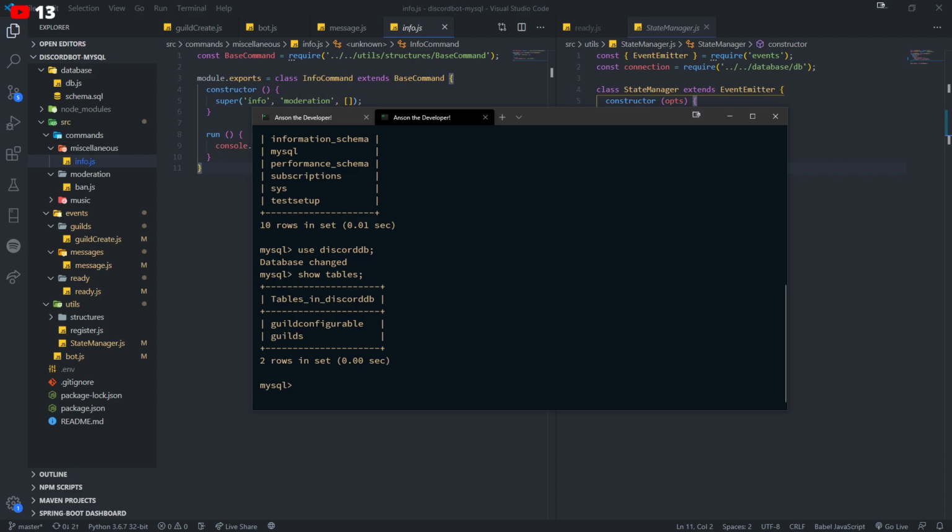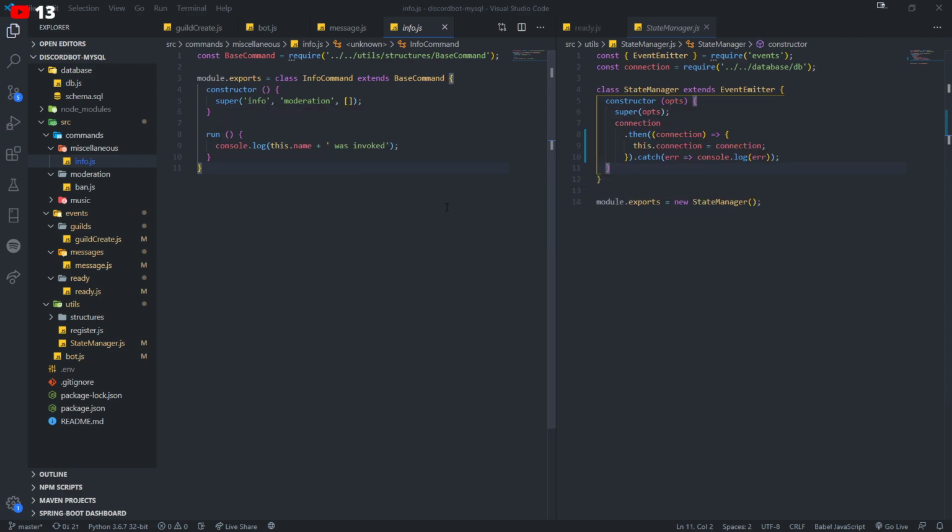But the thing is, what I want to do is show you guys how MySQL statements work. I want to show you what they are and how they work, so that when you go into a MySQL database, you'll know all the statements, all of the conditions, everything that you'll need to know.